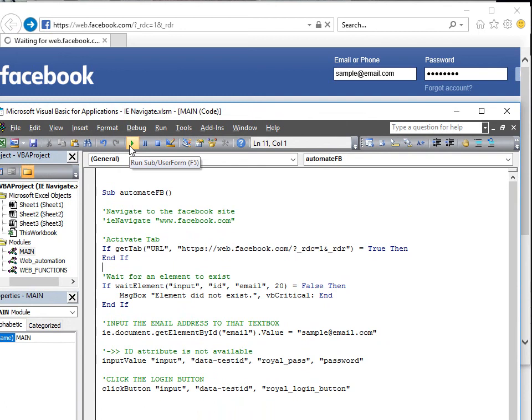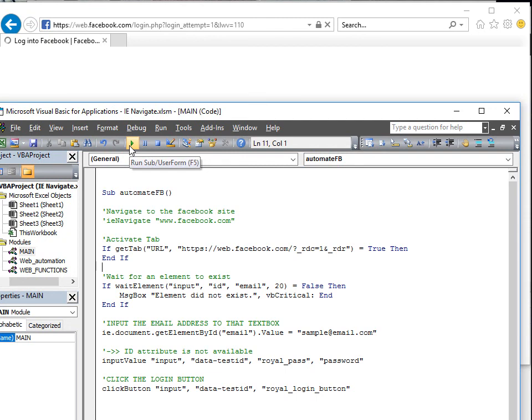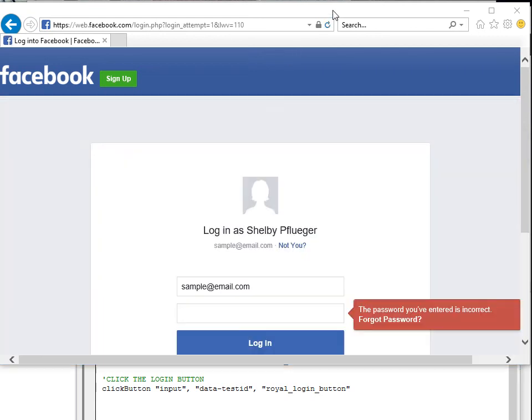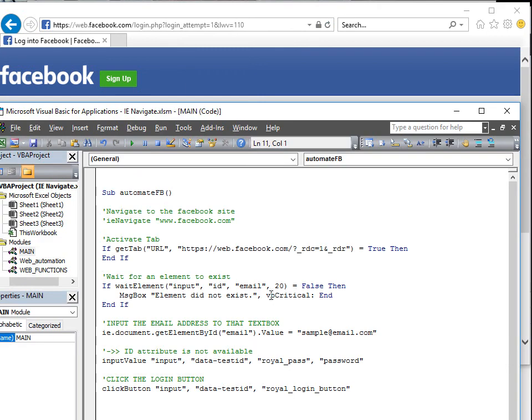So I hope you can see the advantage of using the get tab compared to IE navigate, but again, that still depends on the scenario. You can only use the get tab function as long as you know that the page is already active within your Internet Explorer. So that's all for this tutorial,